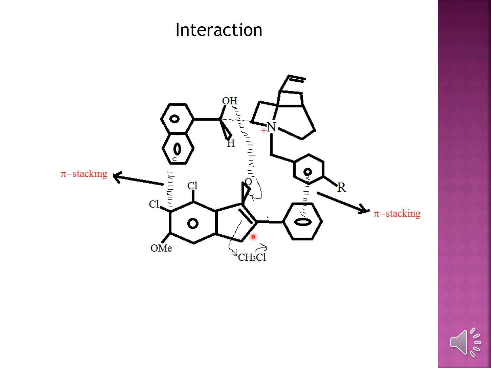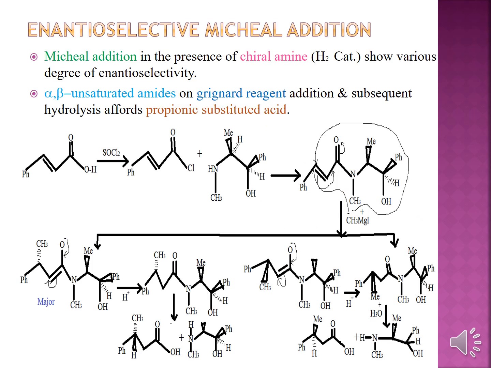So what happens here is, first the oxygen which has the minus charge will come back, and then there is an attack of this alkene bond on the CH3. There is a cleavage of the Cl, and that will result in your methylated compound over there. Okay, and then moving on to the next slide,